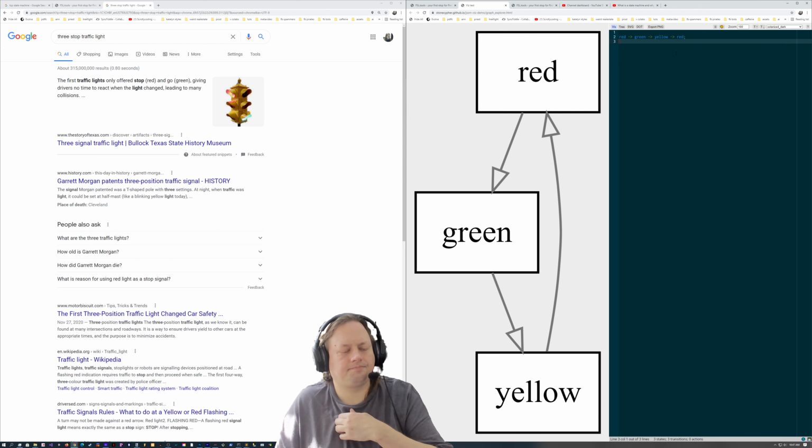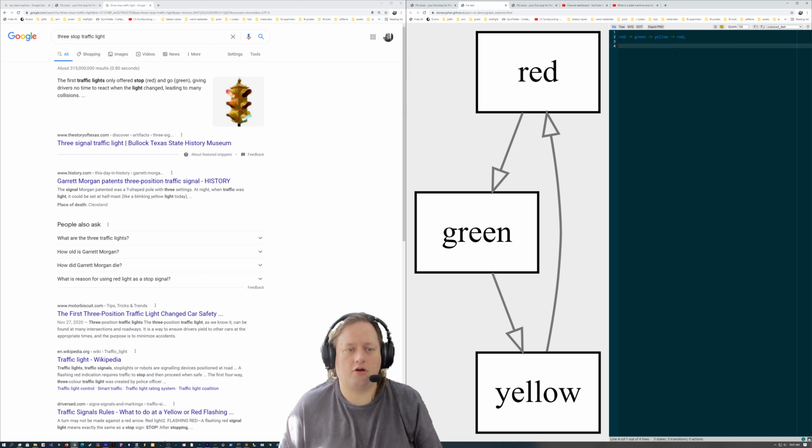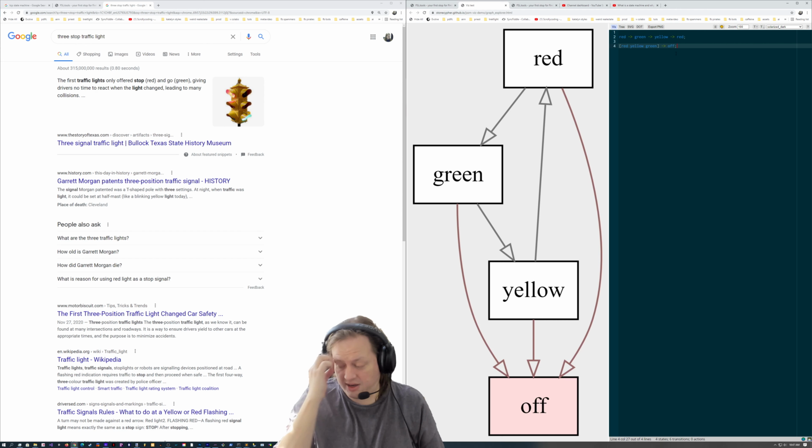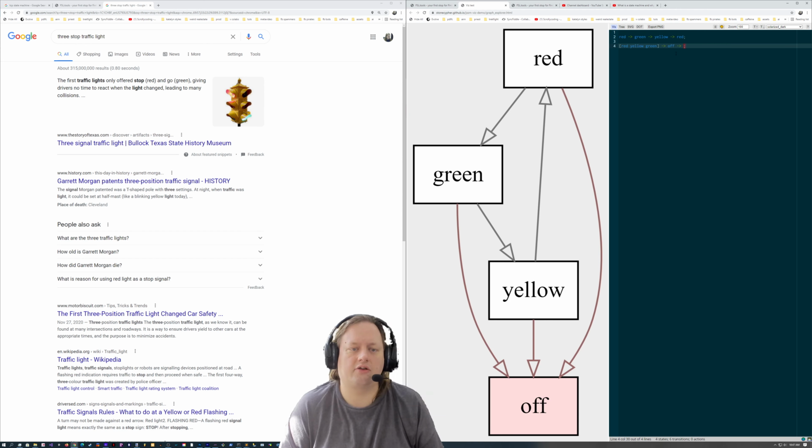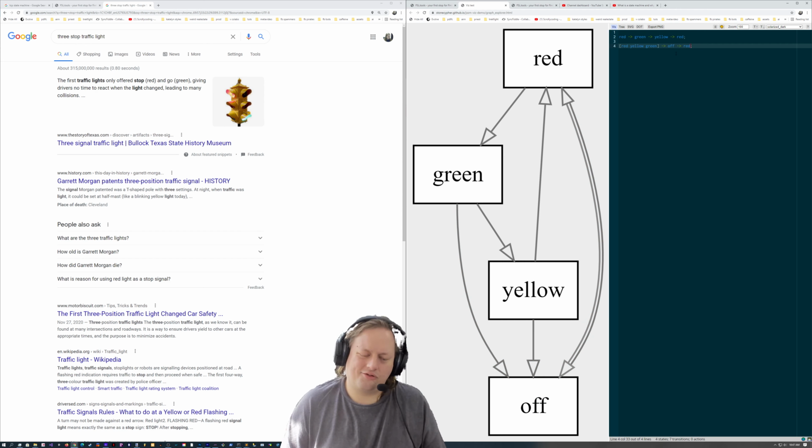And then, like we said before, they should all be able to go to off. It doesn't really matter what order you write these. But now off is a terminal state, so it needs somewhere to go when it comes on, which I guess we'll say is red, right? And actually, now that there's off, red isn't really the start state. Off is. So I'm going to just